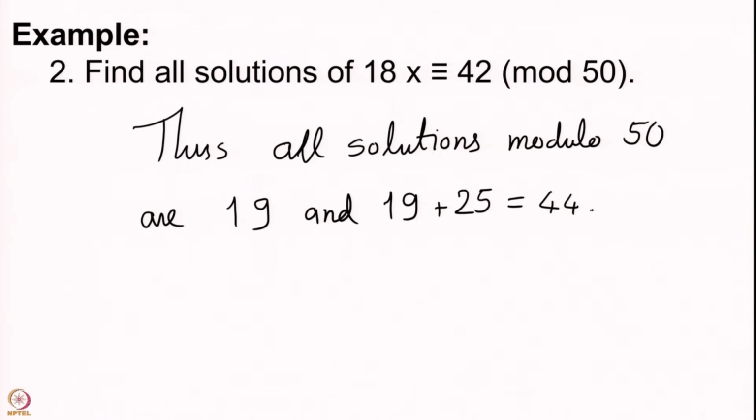So, we had in our algorithm 3 steps. The first step was to check whether the GCD divided the constant term, which is b. The second step was then to cancel out the GCD, so you would be left with a prime x congruent to b prime modulo n prime. The third step was to try to cancel out common terms from a prime and b prime.